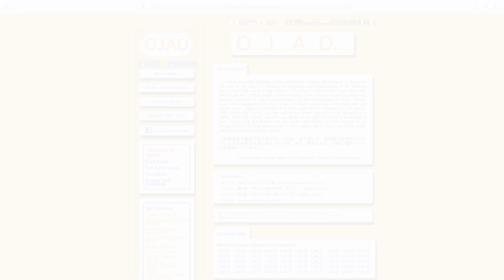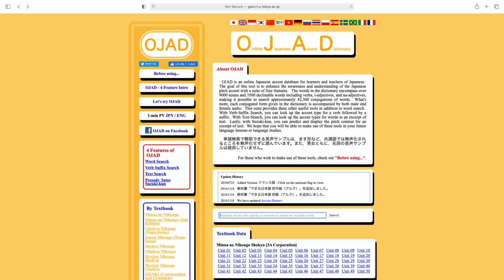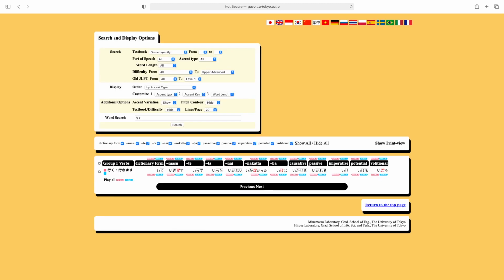The next one is OJAD. This is also great, but the UI design is not up to date. This dictionary shows all the conjugation forms with the audio pronunciation. 行って、行って。